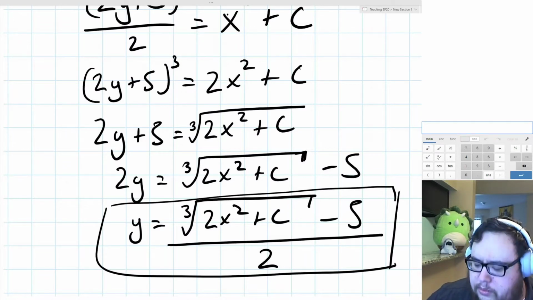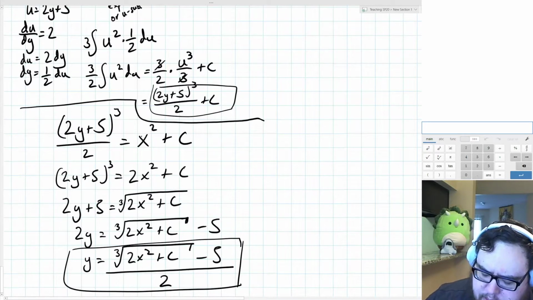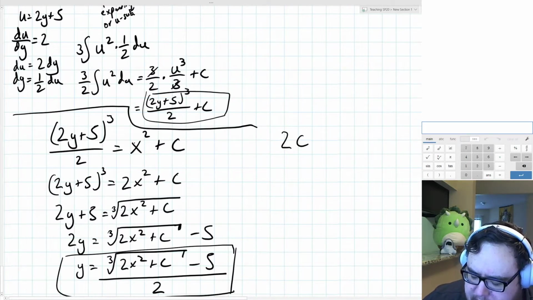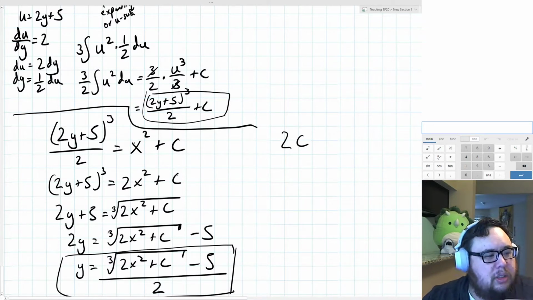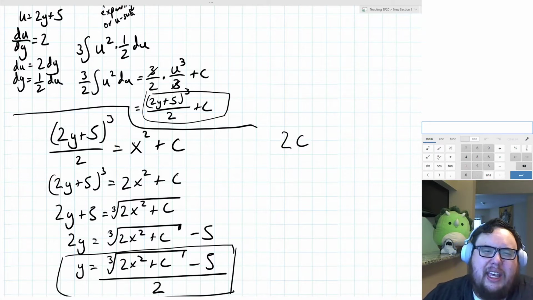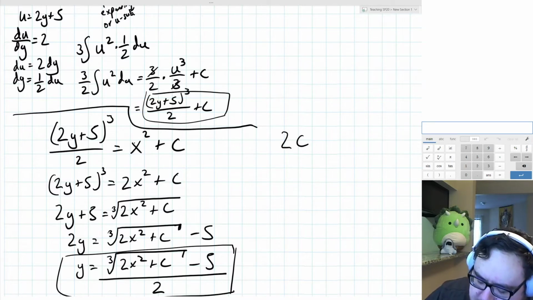So I have a technical question. Whenever we multiply the constant by 2, is it maybe sometimes useful to keep the 2 and write 2c instead? Then we could get that 2 out of the way, because I feel like just dividing the constant by 2 would make it more complex.